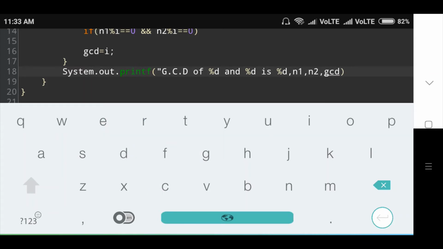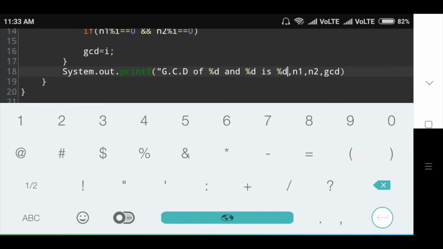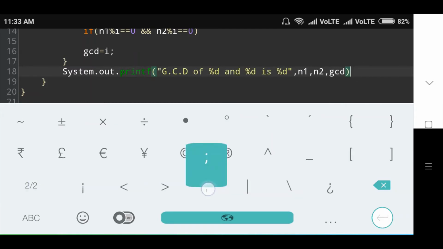Here I will use first %d because print n1 value and second %d I will use print n2 value and third %d I will use print GCD value. Then semicolon.